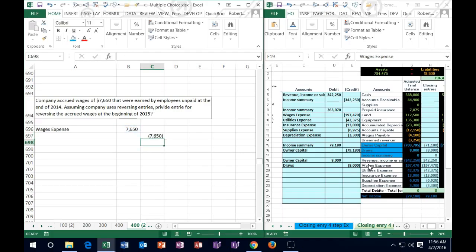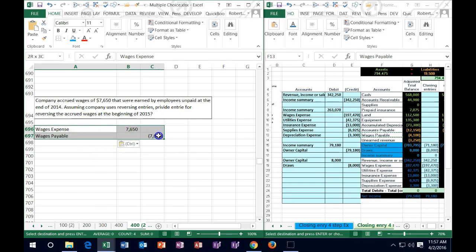And so the credit would be something in the upper half, in the balance sheet portion up here, and that would be wages payable. And that's a liability representing that we owe money to the employees that we're not going to pay until payday happens, which isn't going to happen until next year after the cutoff date, after we make our financial statements. So we need to make this journal entry so that our financial statements are right on an accrual basis as of the cutoff date